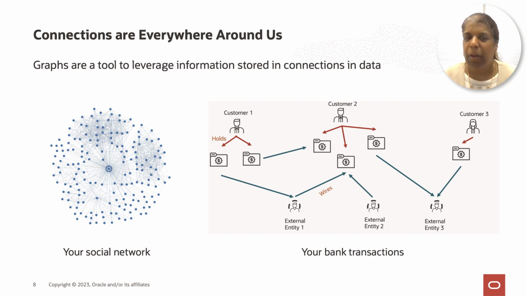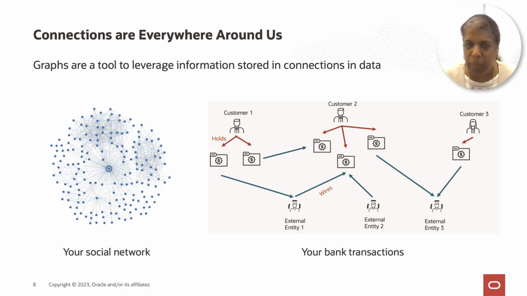They're maybe less obvious in bank transactions. For example, if I go out to dinner with my friend and then I transfer some money using a payment solutions app, that's a connection between my bank account and my friend's bank account, because money was transferred from one account to another. So similarly, there are connections in any data set that you look at,